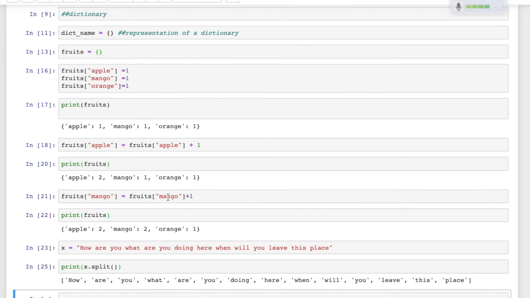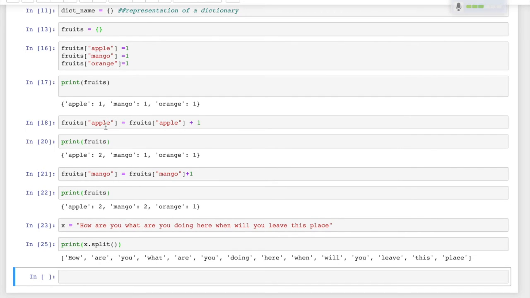Now we have to follow this, since they are 1 or 2 times, we should get 2 times. So that is the reason I wanted you to know how to add elements in a dictionary. Okay, so let's try.